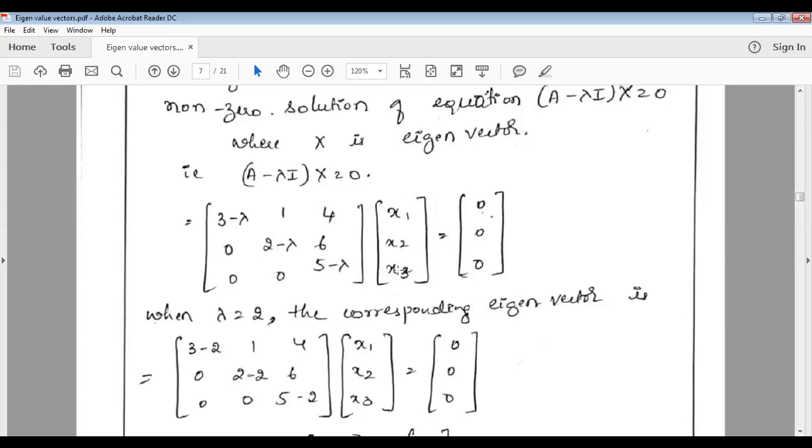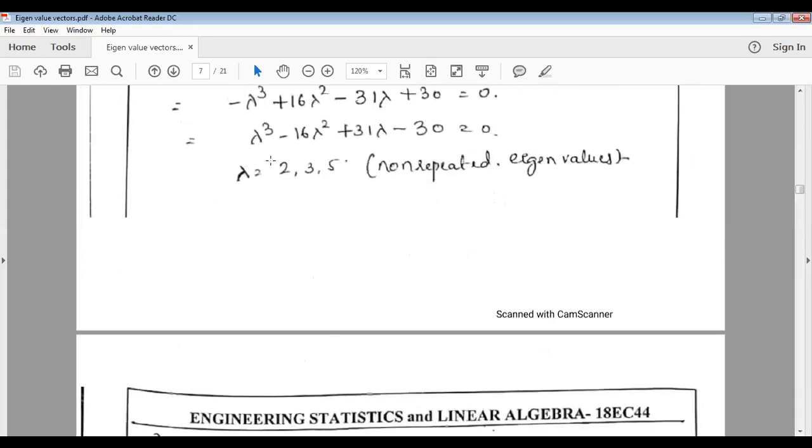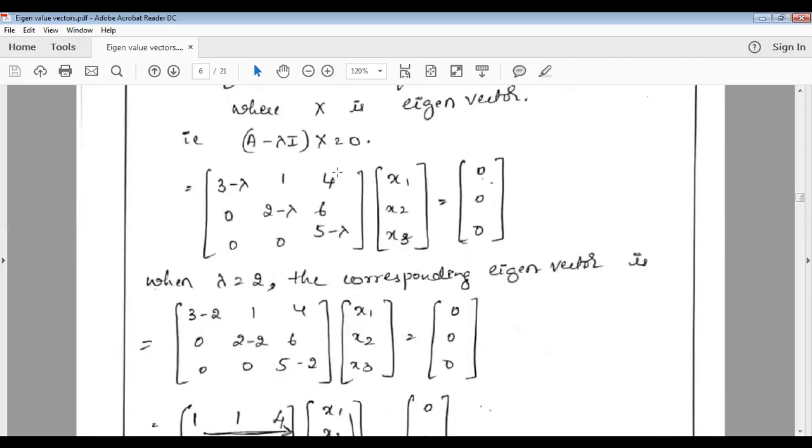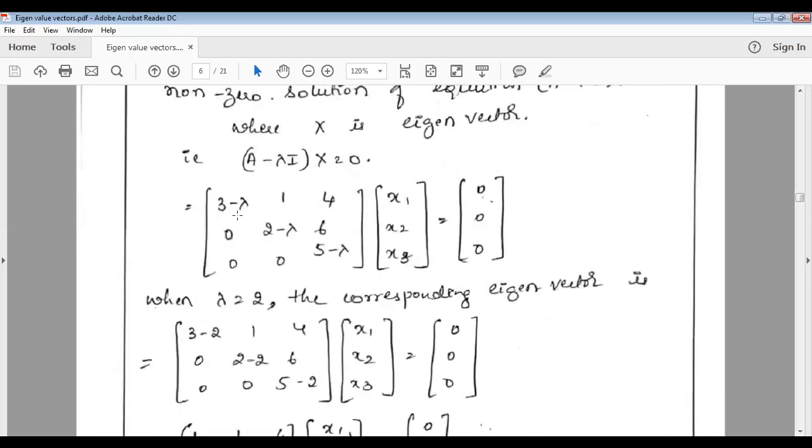And since it is a column matrix n cross 1, I'm going to write x1, x2 and x3 like this, equal to 0. But since you have 3 rows here, I'm going to also write 3 zeros on this side. So everything looks matchable, so to say, on the LHS and the RHS. So now comes the manual part. We know the values of lambda, which we evaluated previously, which are 2, 3, and 5. And now we're going to plug in each of those lambda into this equation.